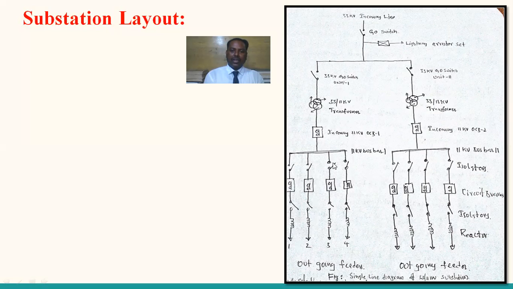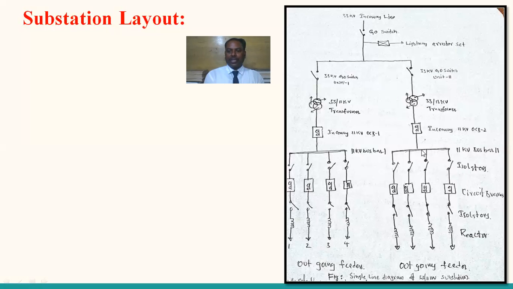So this is the unit 1 organization. For unit 2, a 33 kV go switch, again the same structure we discussed in unit 1, and the same transformer. There are 2 main transformers in the substation. Both transformers cannot operate simultaneously. One operates at a time, and the other is spare. If the operating transformer has any trouble, then the line is diverted to the other transformer.